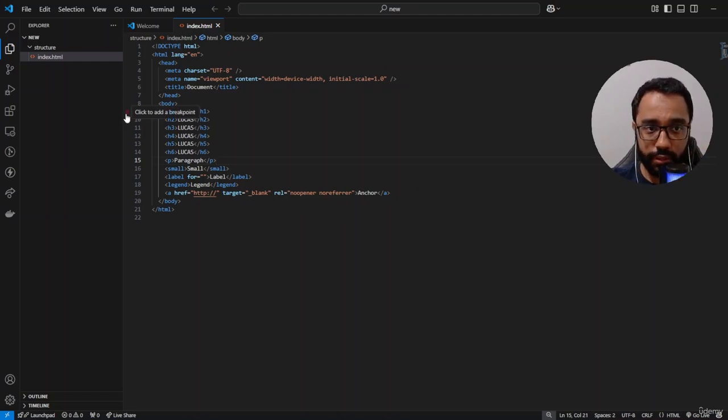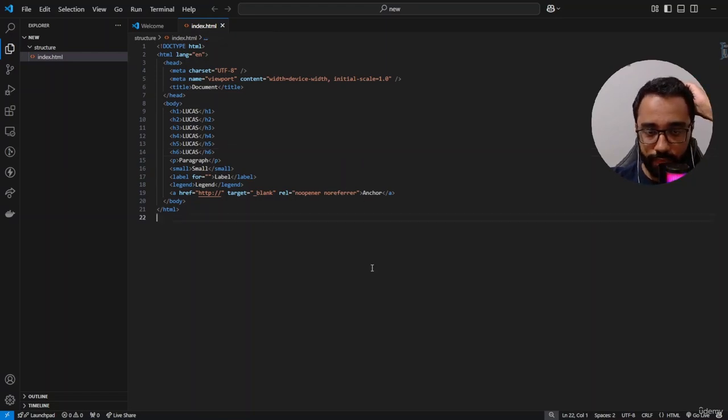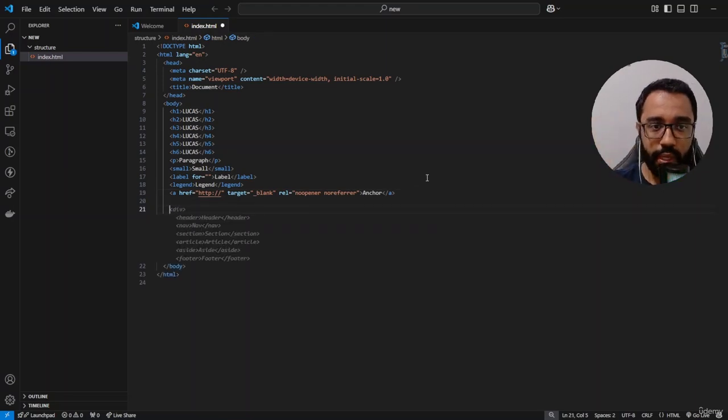So the first thing that you need to do, of course, is to have Visual Studio Code installed and you need to have an HTML file. By now, we will learn that way, but you will see that we have a lot of different ways to put CSS inside of your HTML to style your HTML. So the first way that you can create CSS or style your HTML is inside of the